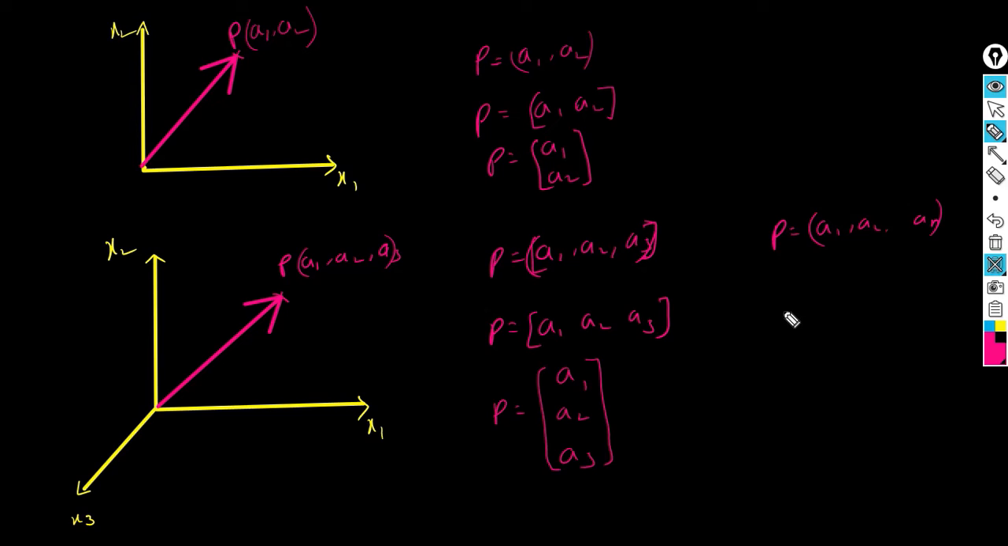Similarly, for the n dimensional also, a1, a2, ... an. As a row or a column vector: a1, a2, a3, ... an as a column vector. Okay,